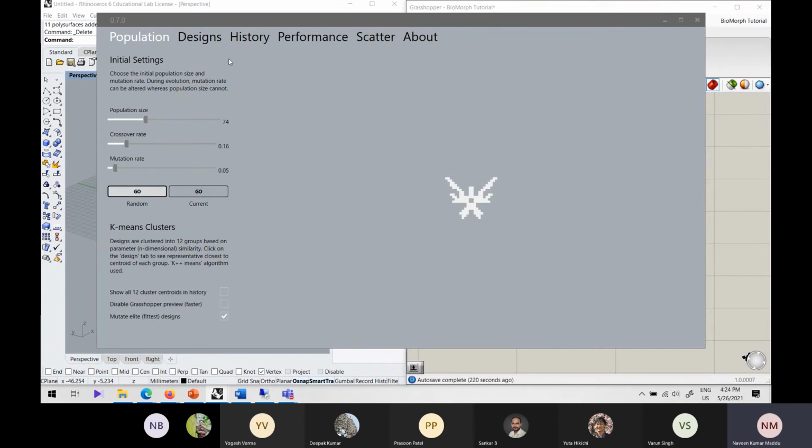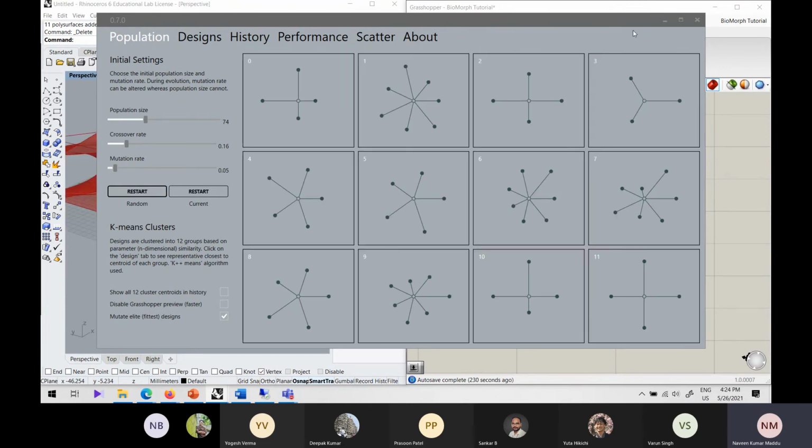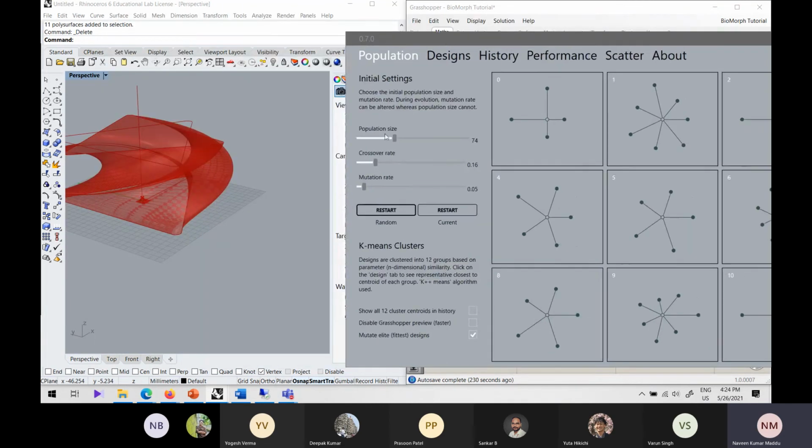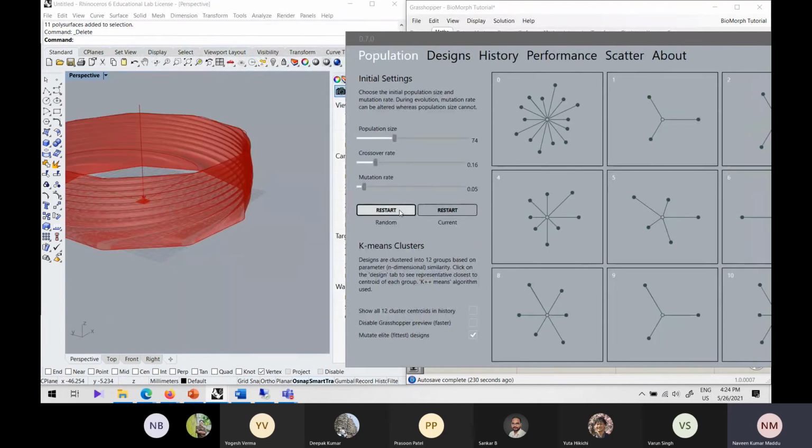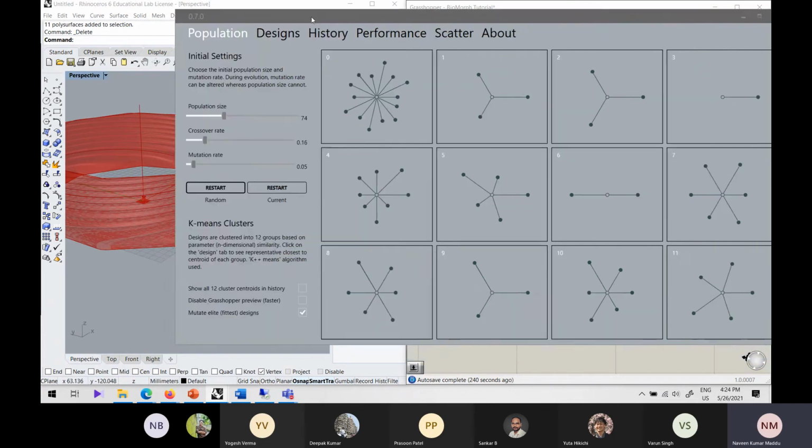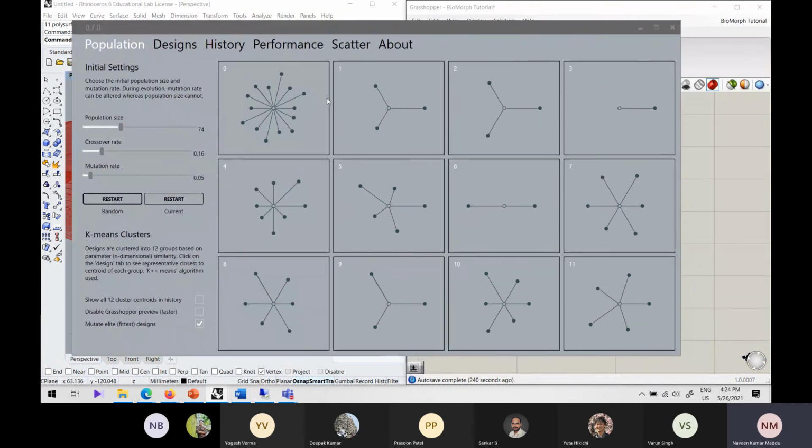So let me go and create. Let me create again. See, it is going through all the iterations here. OK, so it has gone through all the iterations with the help of the inputs that you have created into the genome. And these are the Venn diagram kind of thing you have here.